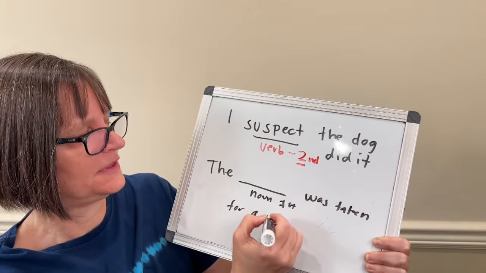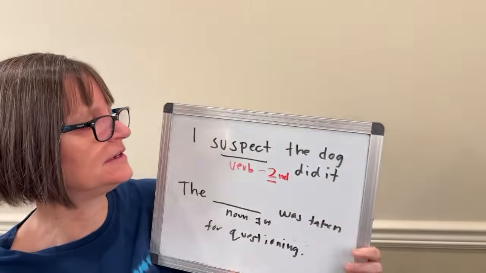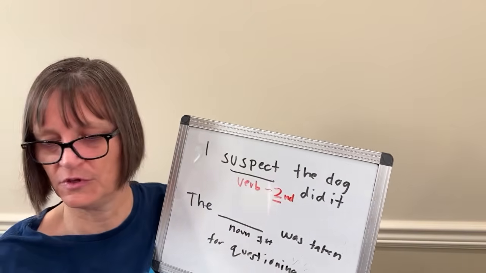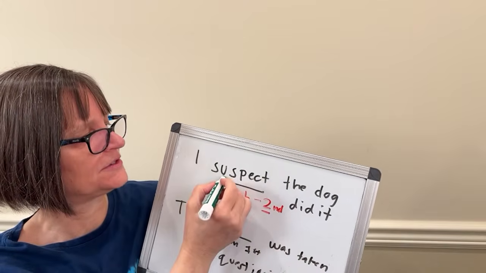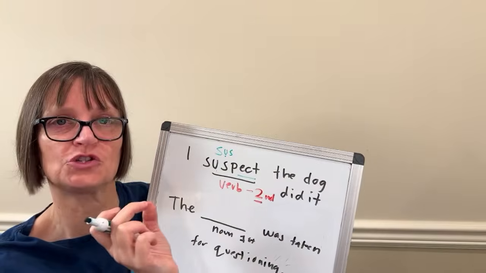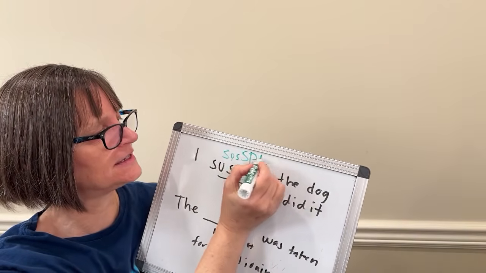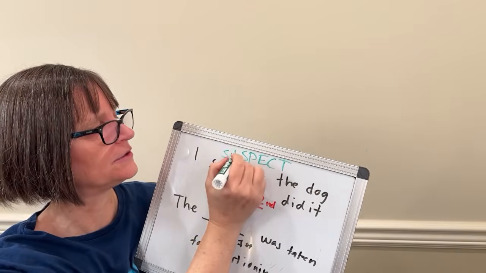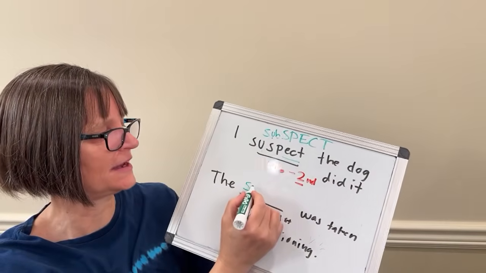Okay, so this is one where you might not use this that much in spoken English, or you may have a tendency to use just one pronunciation. So for the verb, I suspect, my "sus" is going to be very short and reduced, and then my "spect" is going to be long and clear. So suspect, suspect. Versus the suspect,